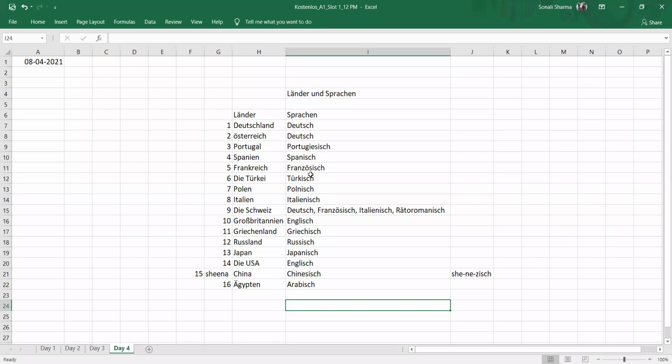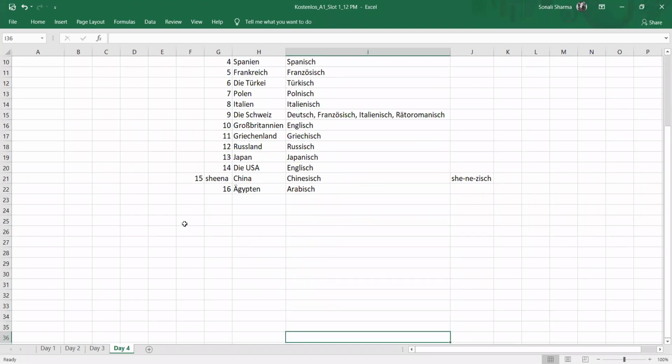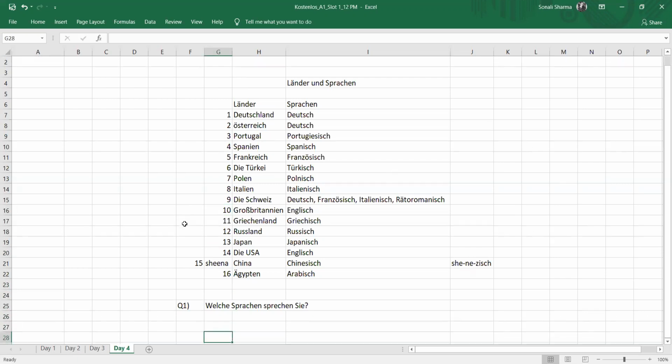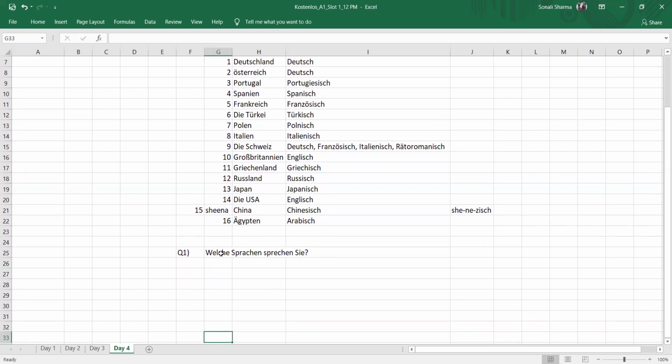Now we are going to learn how to frame all this in a sentence. Yesterday we did one question: welche Sprachen sprechen Sie? Or you can also say welche Sprachen sprichst du? I'm writing only the formal form. Now, if I want to say I speak German, Spanish, English or Russian, we can just pick any 4-5 languages and put them in the answer. So, ich spreche